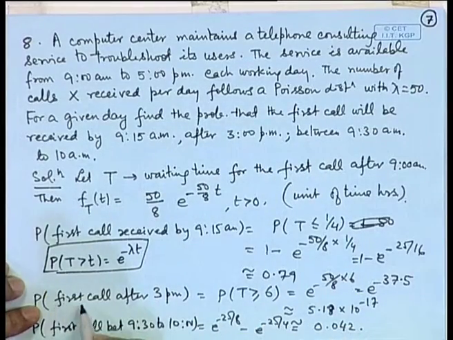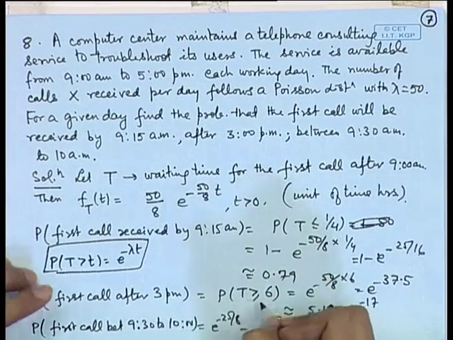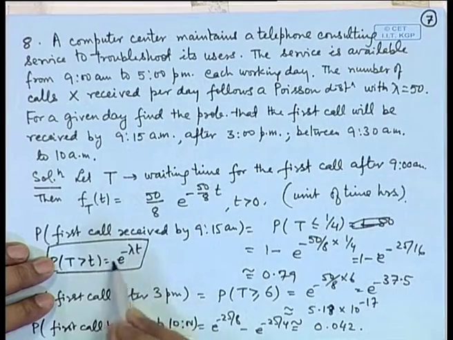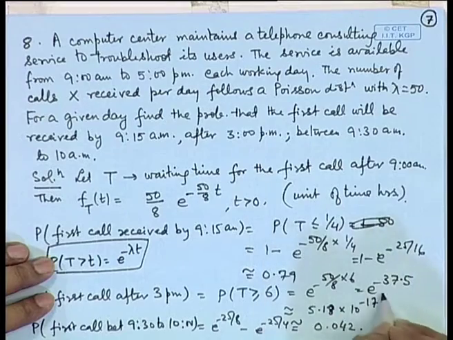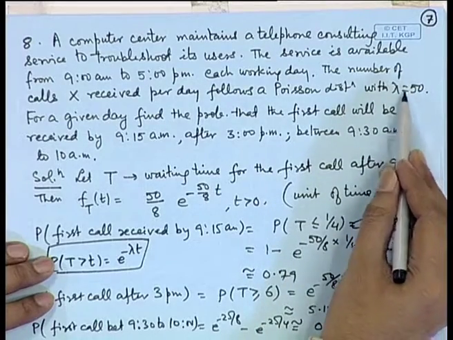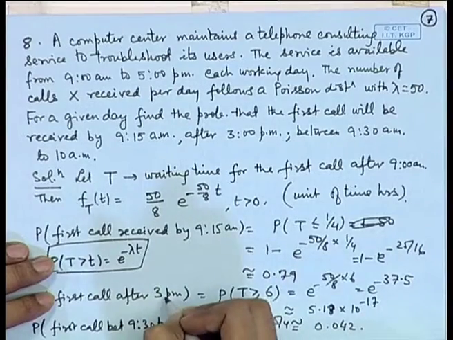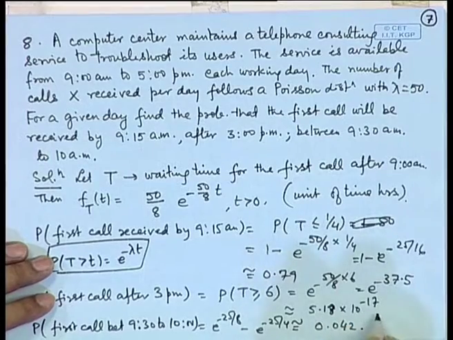Likewise, if we calculate what is the probability that the first call is after 3 p.m. Now, from 9 a.m. to 3 p.m. it is 6 hours. So, that means what is the probability of t greater than or equal to 6? So, if we utilize this formula, it is e to the power minus lambda t, that is 50 by 8 into 6, which is extremely small probability, which it must be because the rate is quite high of receiving the complaints, and here we are saying that from morning 9 to 3 p.m. there is no call. So, the probability of that event must be pretty small.